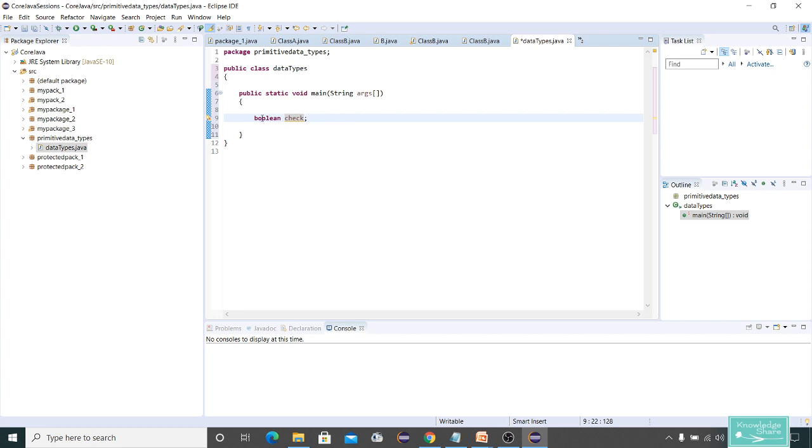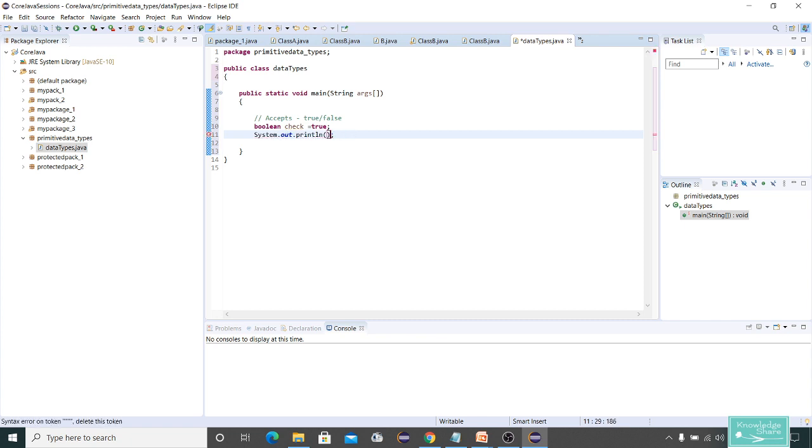This boolean is a keyword here, and it accepts true or false only. These are the keywords which you need to specify as they are, preferably in small letters. Now let me declare and initialize it. This is called initialization, that means initially you are declaring a value. Now let me print it.